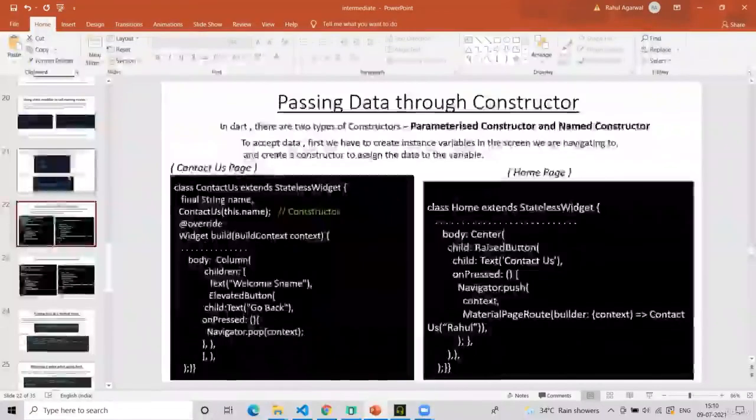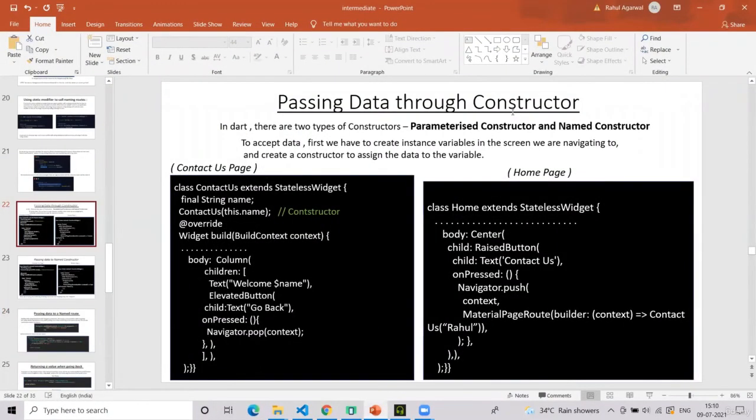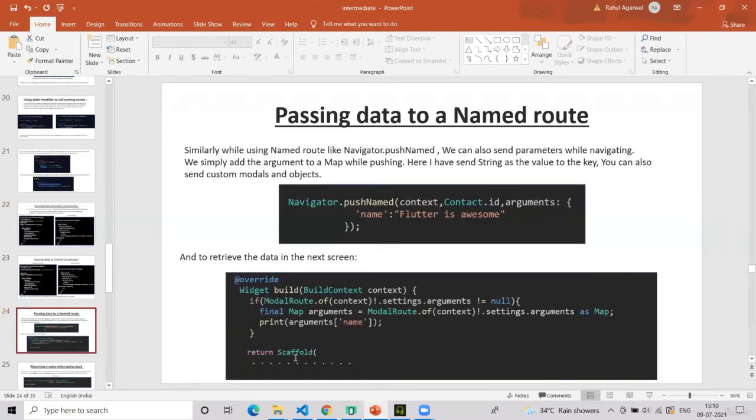Earlier, we learned how to pass data the normal way of navigation through constructor. And second way is using a named route. Here we have to make sure we remember ModalRoute dot of context. This is the way to extract the values while navigating.